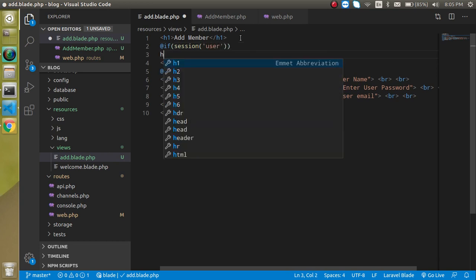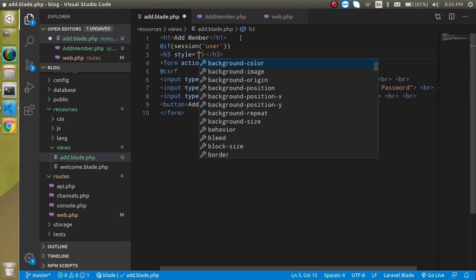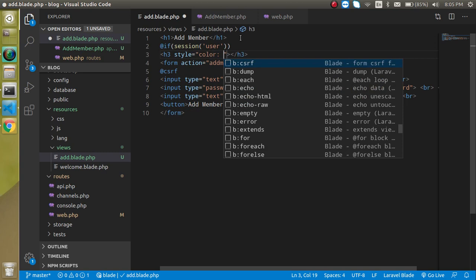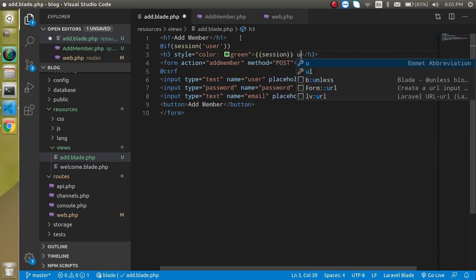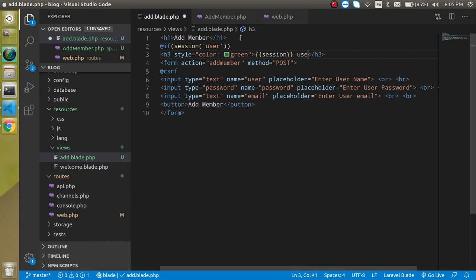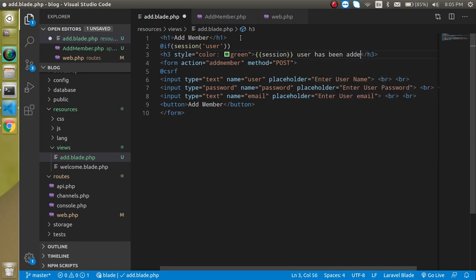Then let's use here h3 and style color green, and you can just put here this, session user has been added, right?